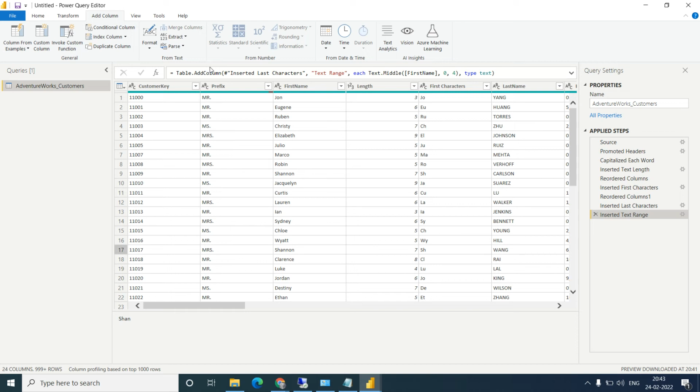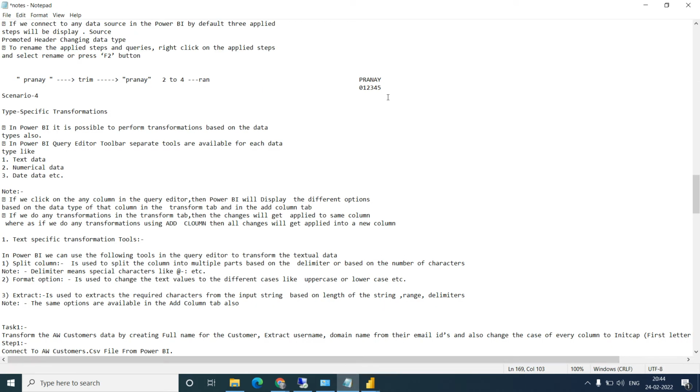Yes. Okay, now what is the next function available? We have seen the length, we have seen the first character, we have seen the last character, then range, text before the delimiter, text after the delimiter. So what does it mean? Delimiter, what is a delimiter? Everyone, do you know what a delimiter is? Yes. If there is a separator which is separating your word.